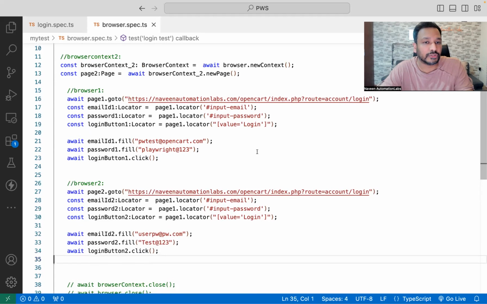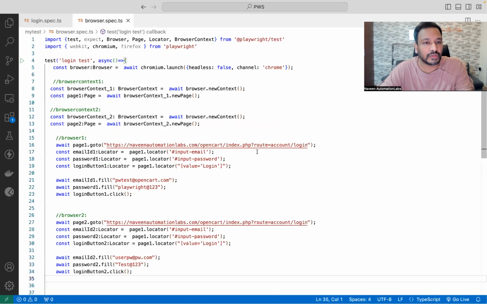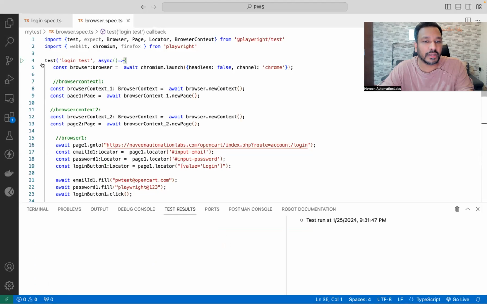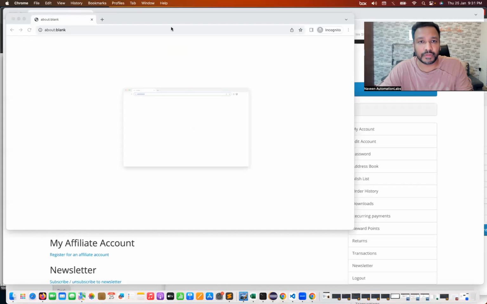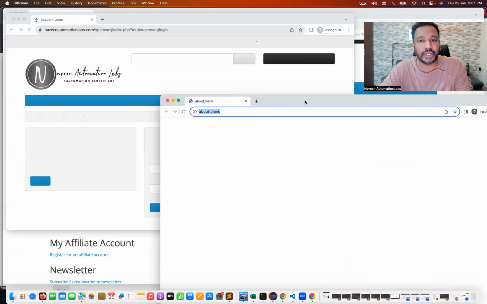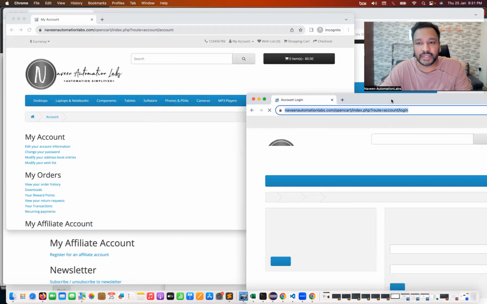Now I'm going to run this program. Okay, so let's quickly run it and see. It should open two browsers, it means two browser contexts it should open. See, context number 1 and context number 2 in two different browsers. And you can see here,